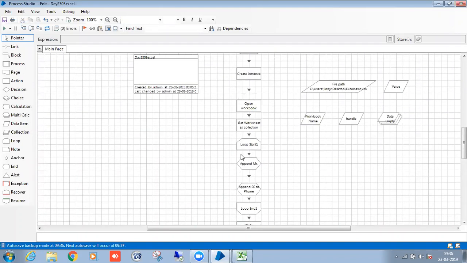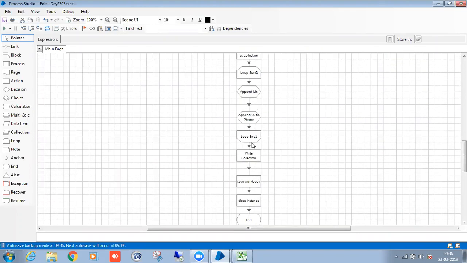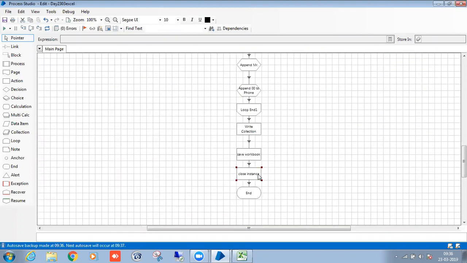I believe there must be functionality to place the same close instance activity in the exception handling part as well, so that in failover scenarios we can place that logic inside exception handling. Correct.